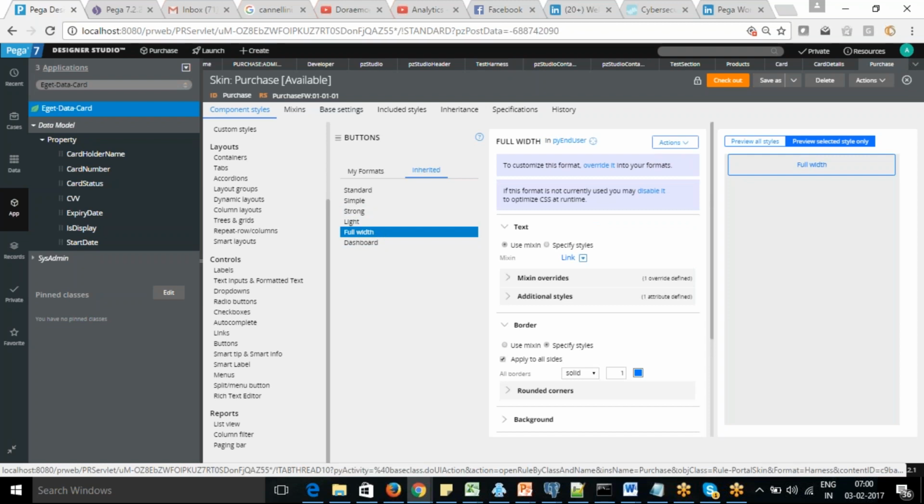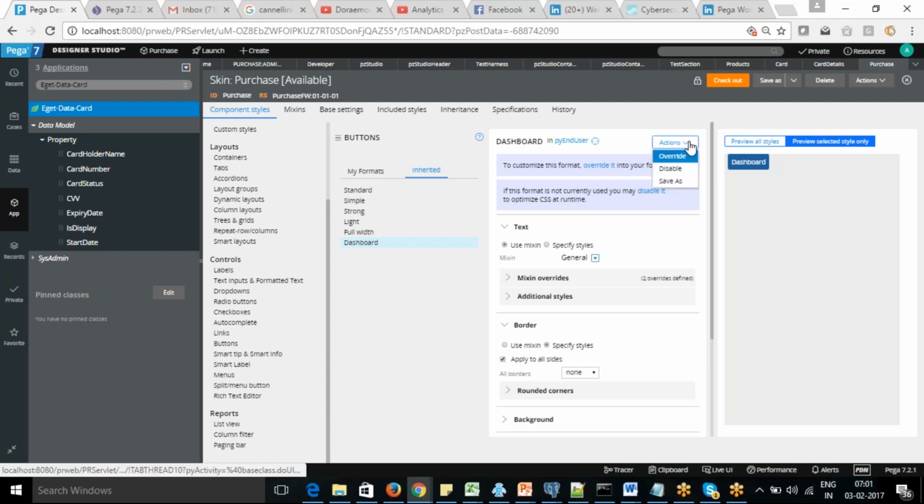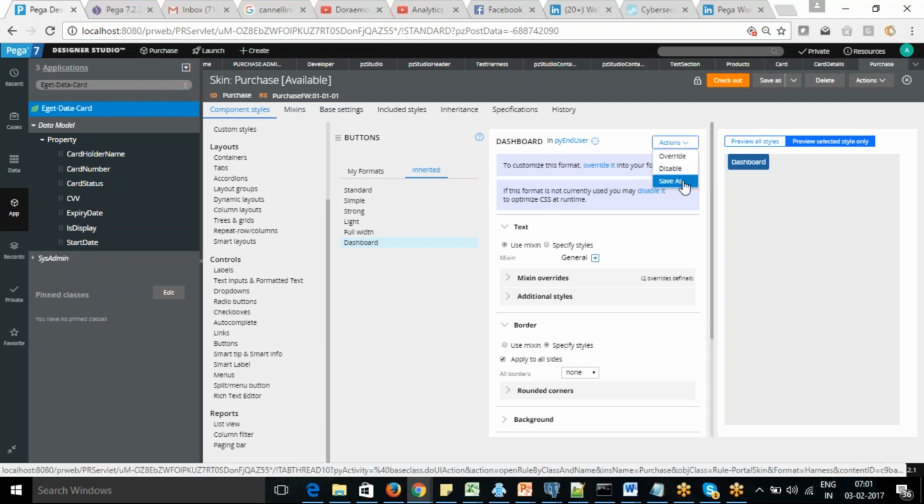If you want full width, that will take the full width of your screen. So you can decide how you want to display your buttons, so that we can control the look and feel of that. And if you want to create your own, you can change all the features displayed here, and just save as from here. If you save as with a new name, then it will be displayed in my format.